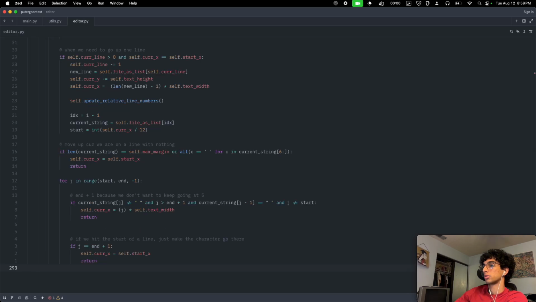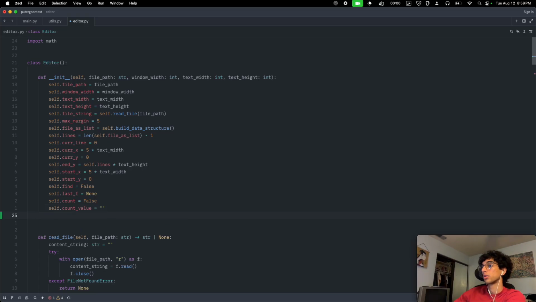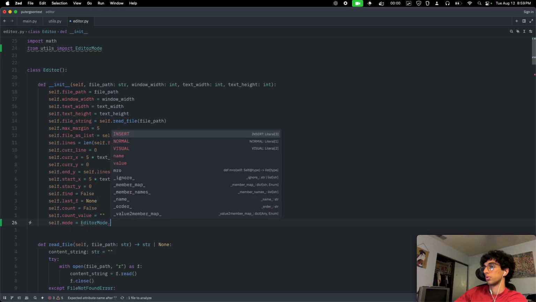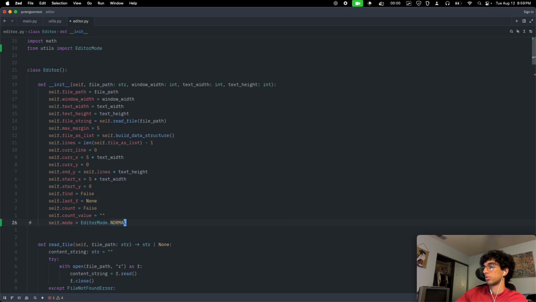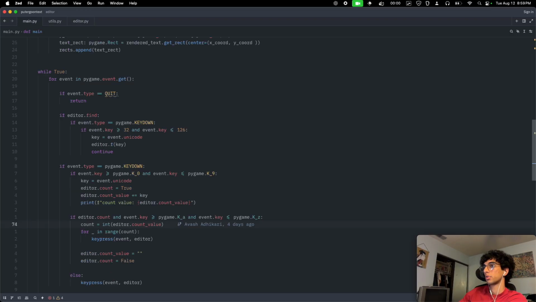Editor. self.mode is equal to, from utils import EditorMode. self.mode is equal to EditorMode.NORMAL. Yeah, it's going to be normal at the start. If editor.find